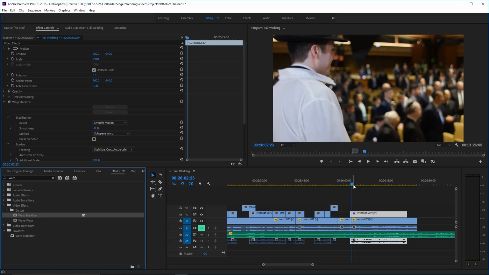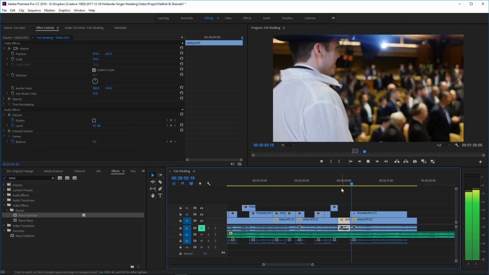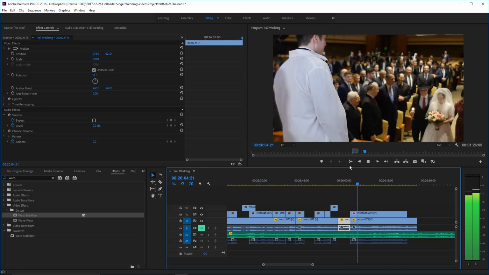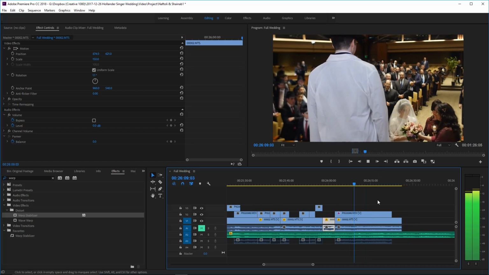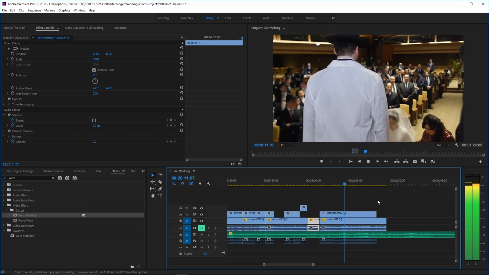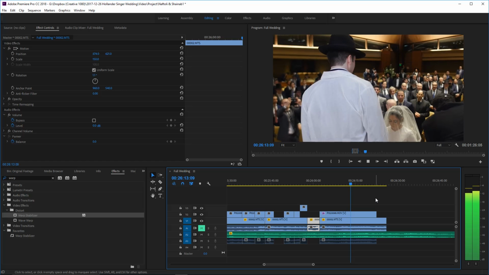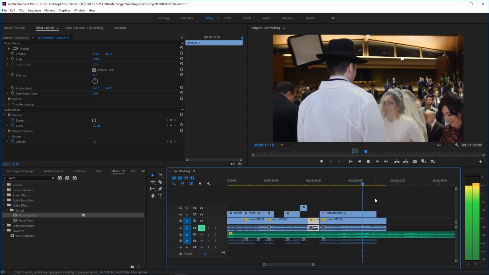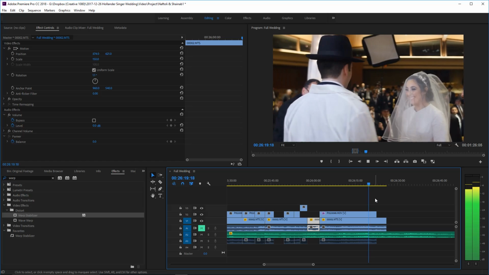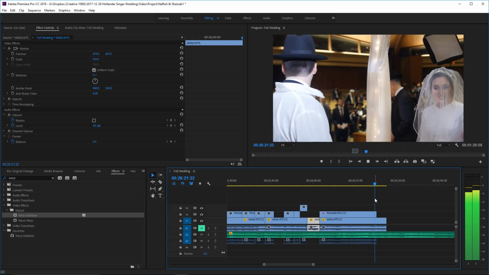It basically makes marker points, and then it adjusts the crop and the position and rotation to keep those marker points in the same spot. I might be pleasantly surprised. Let's play through the whole clip. We're just trying to make sure that we don't see any of that underwater kind of stuff.